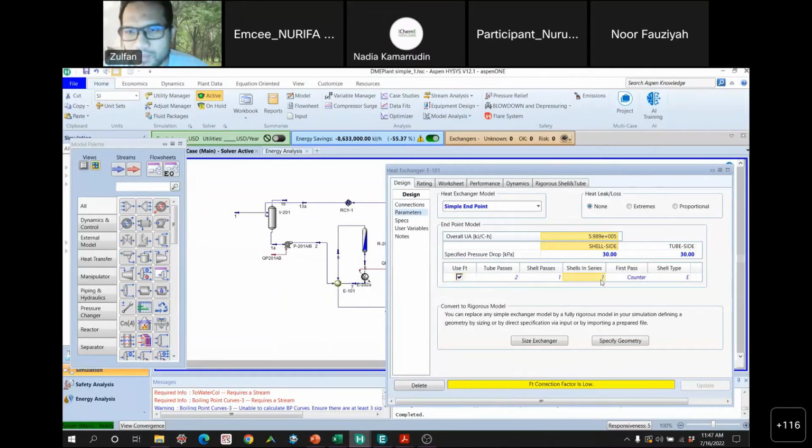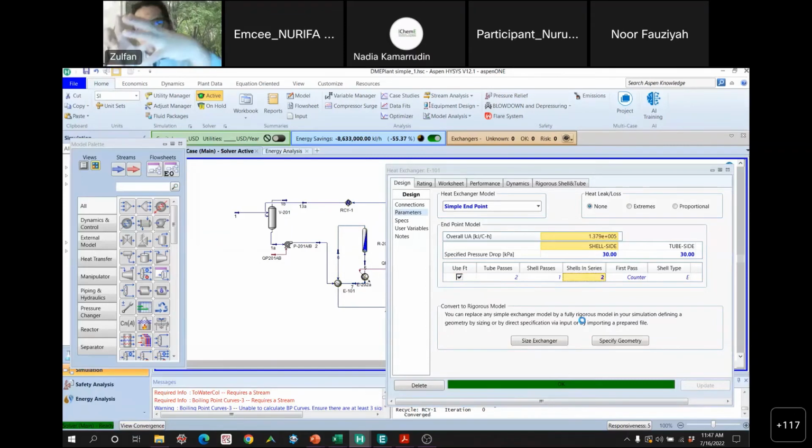So in this case, for example, if I put, I don't know, maybe to see what happens. Now, if I put shells in series, that means it's more like I enlarge the heat exchanger. If we put 2 shells in there, it means the tube side goes to 1 shell and then goes to another shell. So it's more like we are enlarging the heat exchanger in such a way that the FT is not a problem anymore. Yeah, it is not a problem anymore. So that's how you